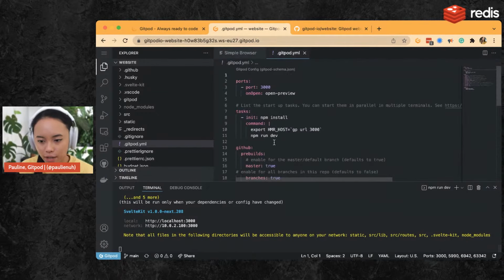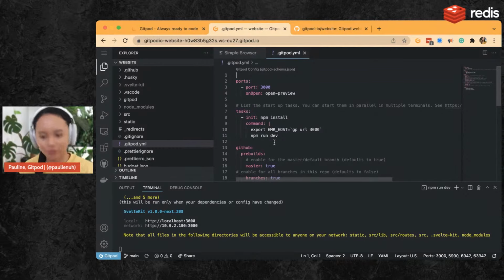So we have this trusty Gitpod YAML file, and this is sort of the heart of Gitpod. It's not just an IDE in the cloud or in the browser. It's also the fact that you can automate a lot of the things that you normally have to do yourself locally. And once that automation is set up, you don't even have to think about it. So every time you open up a workspace, you can just focus on coding,